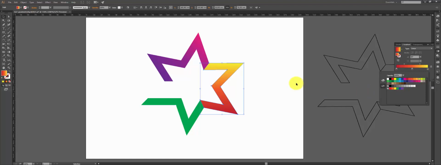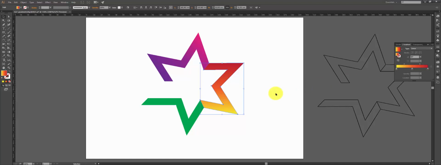And then I want this yellow at the bottom and the red actually at the top. So I'm just going to click in the gradient panel below these 2 squares, which shows me the fill and the stroke. There's the reverse gradient option. I'm just going to click it and it's going to reverse the position of the gradient. It's just basically going to flip it. And then I'm going to select the third shape,